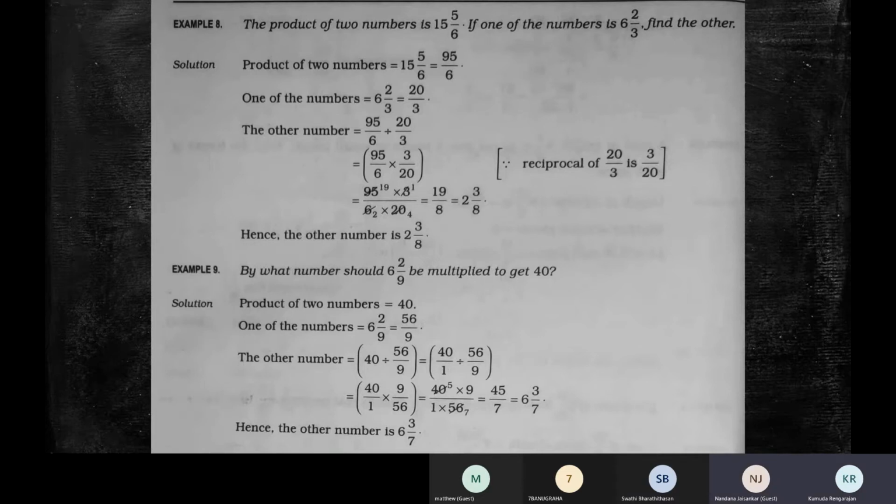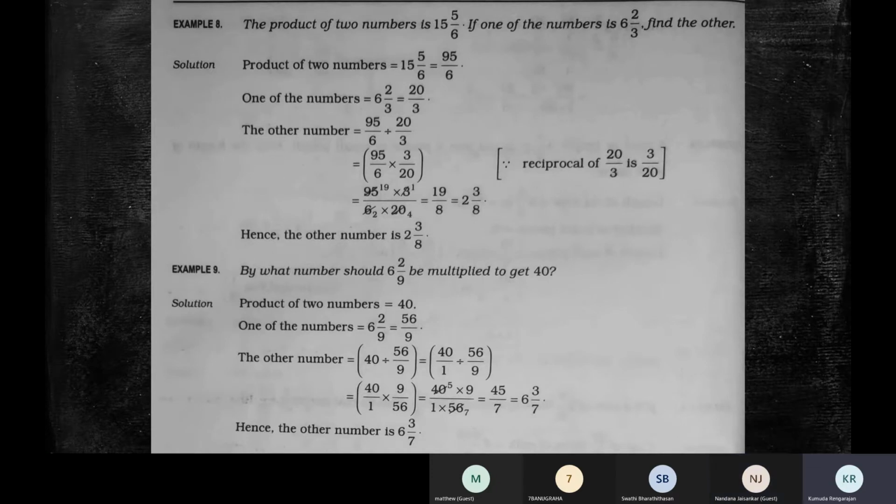Yes, ma'am. Now let's say 11 and 99. What's the product of 11 and 99? Sorry, children. Let's take the numbers 11 and 9. What's the product of 11 and 9? Ma'am, 99. So we'll frame the question like this.